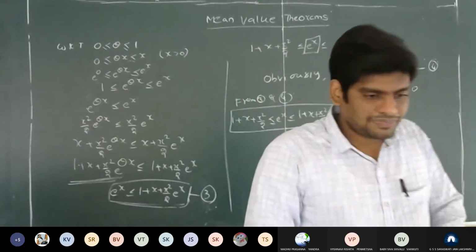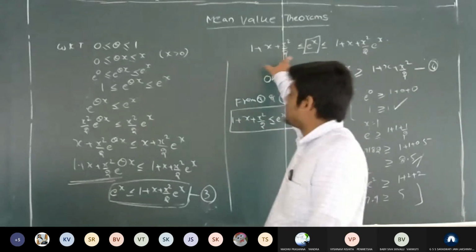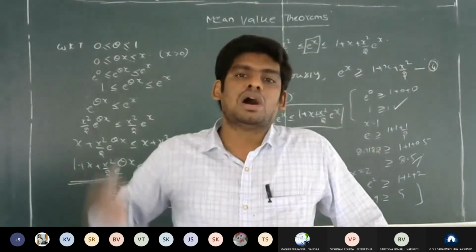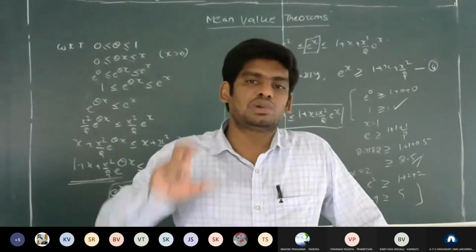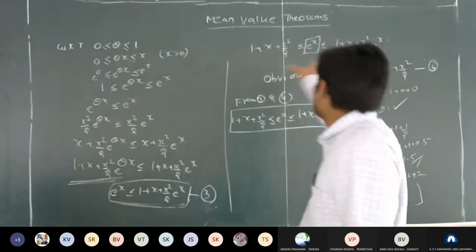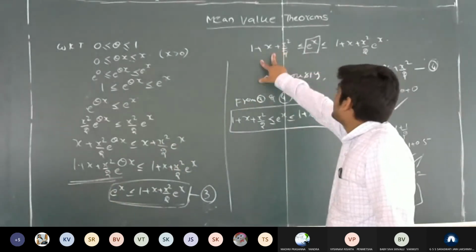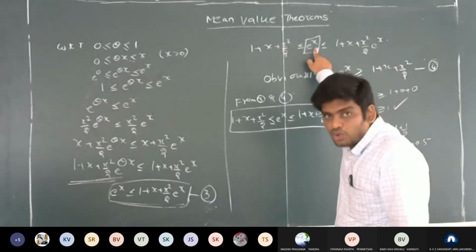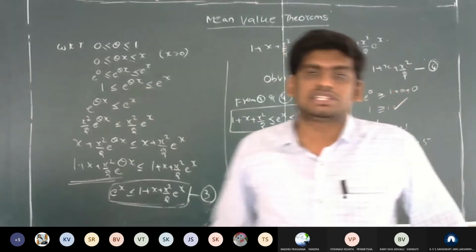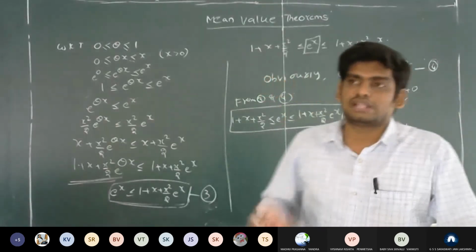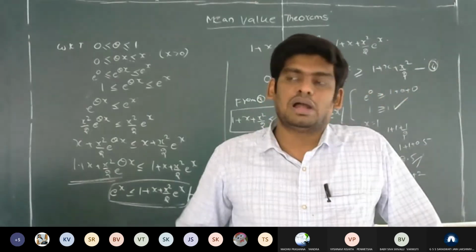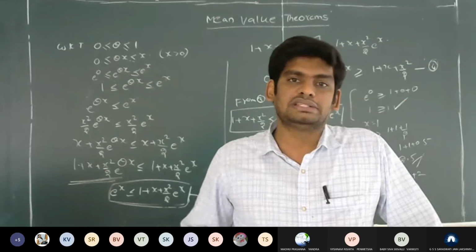Is it clear? For any such type of inequality problems, we have to observe the given problem carefully. Why? Because almost the answer is included in the given problem. Based on the given problem, I got an idea after seeing this problem. What idea? This is about the point 0, and the series consisting of the two terms. So that is the basic idea. Based on that idea, we can extend the problem, and finally we can prove any result also.